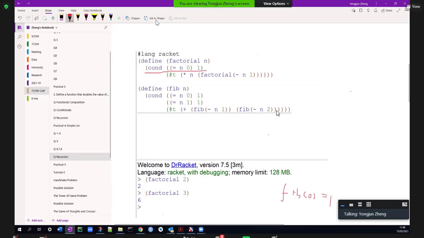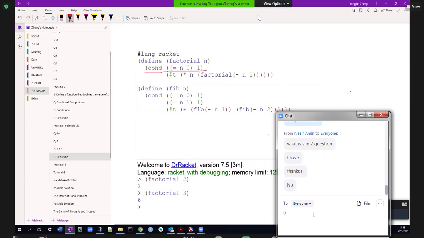Yes, can anyone let me know the meaning of these lines of code? Okay, I would like to randomly pick someone. Yeah, anyone? Okay, so